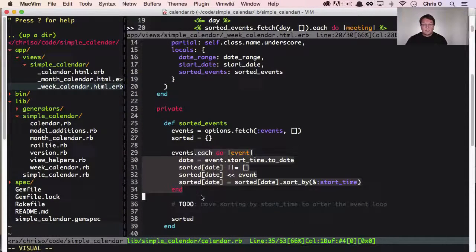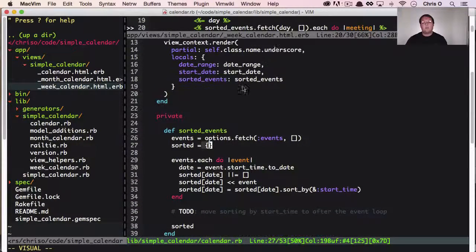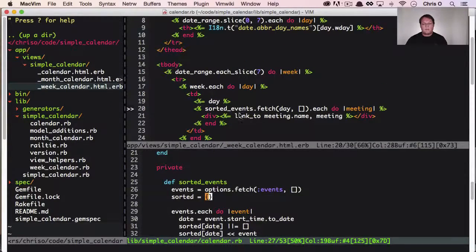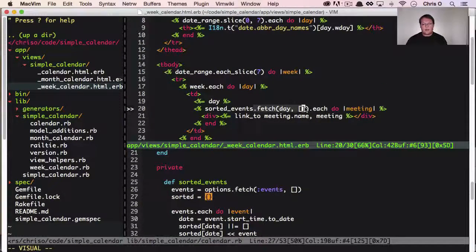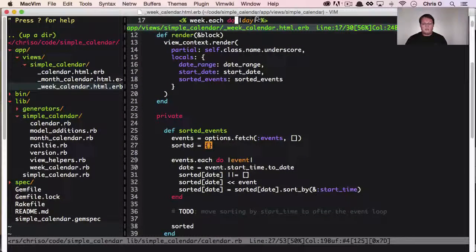That means that this each block doesn't get executed at all, and then we return the empty hash to the browser. And then every time you try and fetch those days, there is none. So we use an empty array instead. And all of your code works functionally as before, and there's no if statements, which is the key to writing